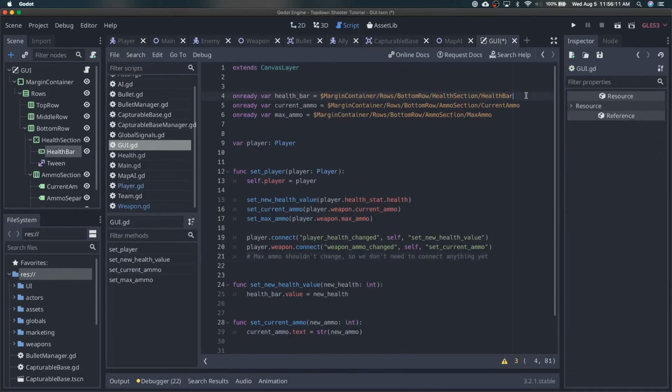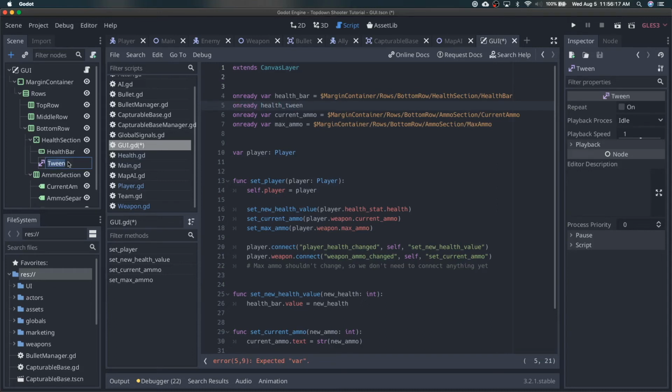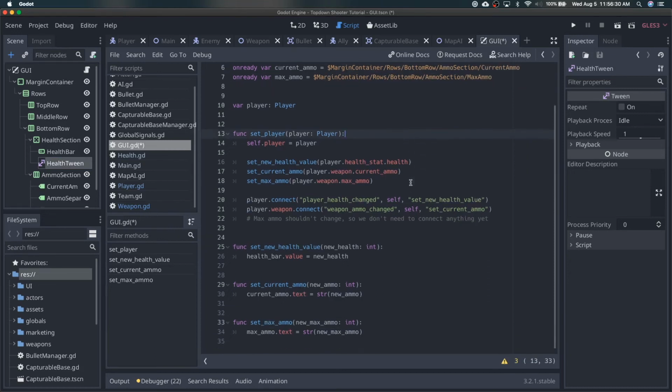and I'm going to grab our health tween. I'm just going to rename this to be health tween. Seriously, I cannot type today. Onready var health tween, and I'm just going to say health tween. There we go. Okay, and so what we're going to do is whenever we set a new health value, I'm going to say